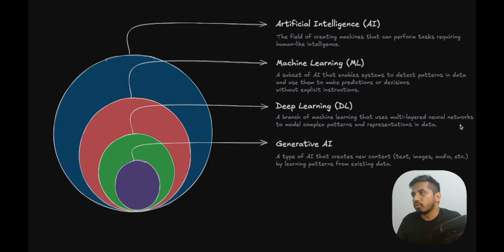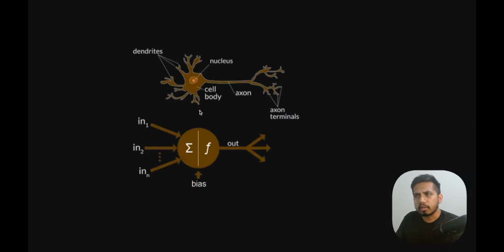Let me explain what this neural network is. If you see this, the top one is a biological neuron, which has these spoke-like structures at the beginning. Their job is to gather information from other neurons. The nucleus will process it, and these axon terminals will pass it to other neurons. And here, the artificial neuron also works in a similar fashion. It will take some inputs, process that information, and pass on the output.